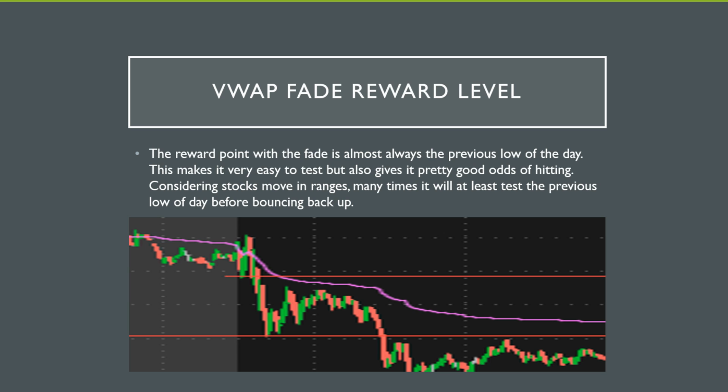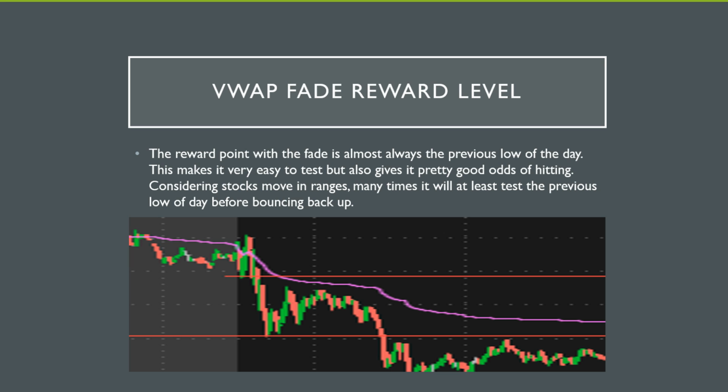Why is that the most obvious level? Because that is the most obvious reversal point for that strategy. If a stock starts to test the low of the day, that's going to be the most obvious level that it's going to bounce. If it's going to bounce, a lot of times it's going to bounce at that previous low of the day. And so with that said, it makes a lot of sense to take profits there, because